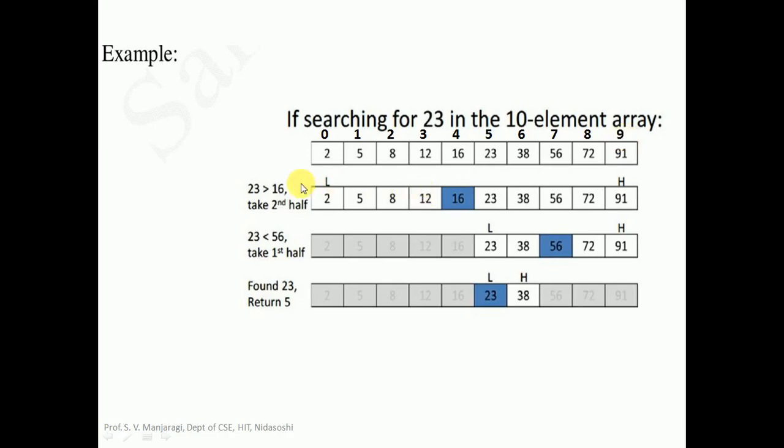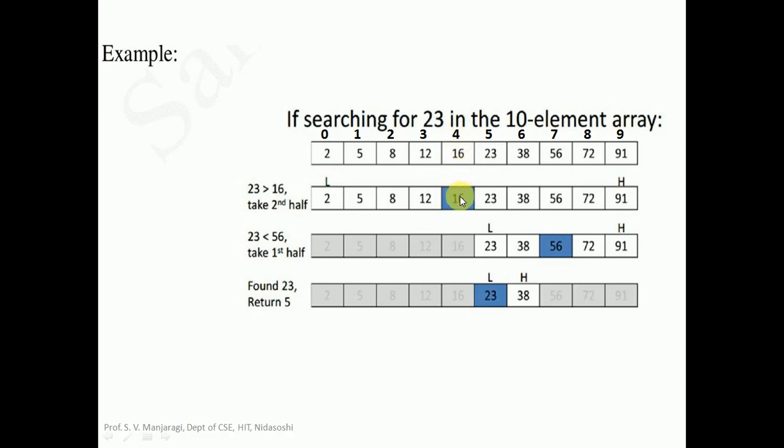So here suppose that you are searching for 23. The search key, that is the element to be searched here, is 23. Let us understand how the searching will be done in case of binary search. First of all, we need to get the middle element. The formula to get the middle element is (low plus high) divided by 2. Low is equal to 0 and high is equal to 9. So 0 plus 9 divided by 2, 9 by 2, we get quotient as 4. So the index of the middle element is 4 here, and the middle element will be 16.